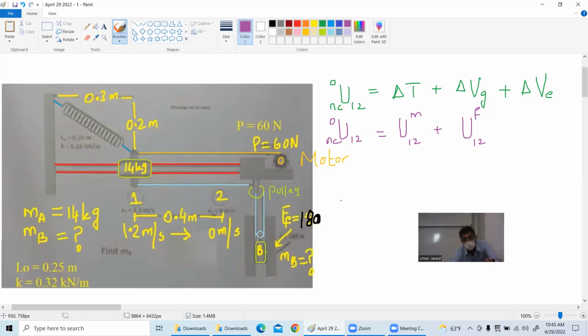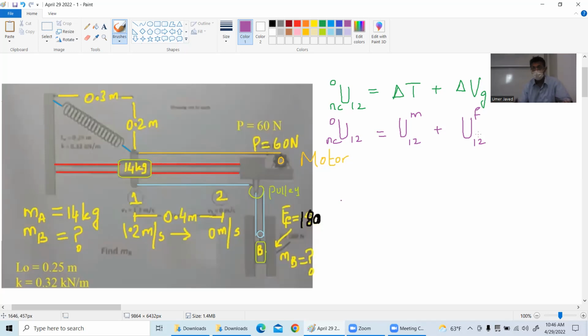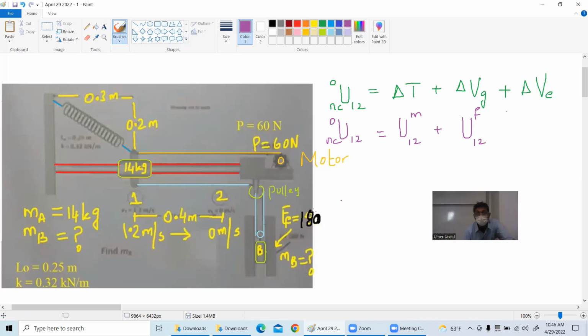If these walls had been smooth, then no friction, and I would not have put any term. So that's why I did not use the word work done by counterweight. I do not want to use that wording because I will emphasize why. Look, if there was no friction, then this counterweight would have gone up and down, right? So you have to be very clear that when something goes up and down, that is a change in gravitational potential energy, and the gravitational potential energy term appears here. So work done due to height change,